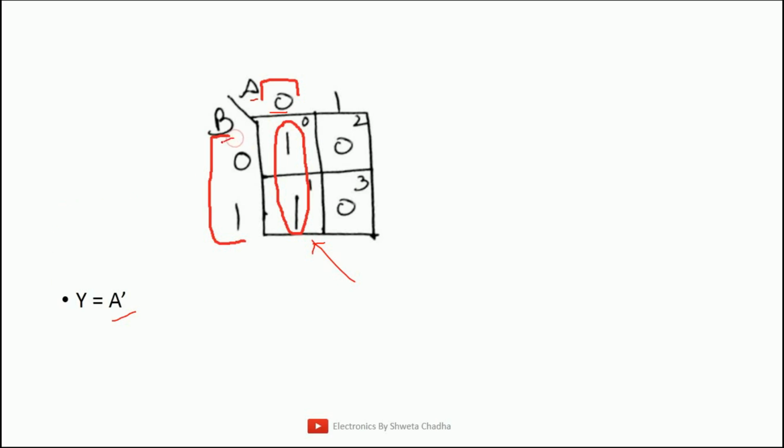For now, the value for B is having 0 as well as 1. As the value is changing for the group capture, it is having the value 0 as well as 1. We are unable to decide whether to go for 0 or 1. So in such cases, we have to ignore the variable. Hence, the final answer is y is equal to A bar.